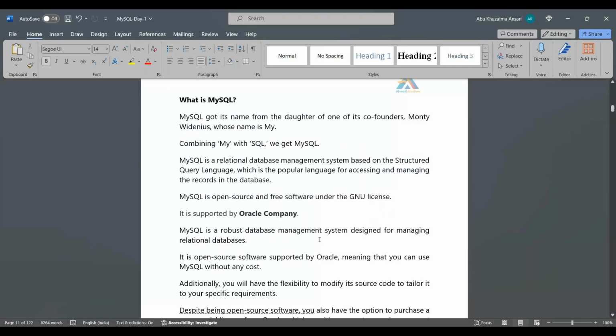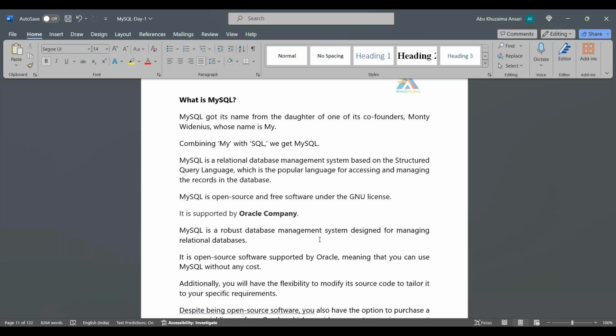Now what is MySQL? The MySQL name comes from the co-founder Monty, whose daughter's name is My. So they took the word My from the daughter's name, and SQL is the structured query language. Then it became MySQL, and MySQL is an open source database, which means it is free software under the GNU license. Anyone can download the code, modify the code, use it and give it their own name. But now support matters, because without support, no database becomes popular. So that's why Oracle entered this open source database and started providing support,